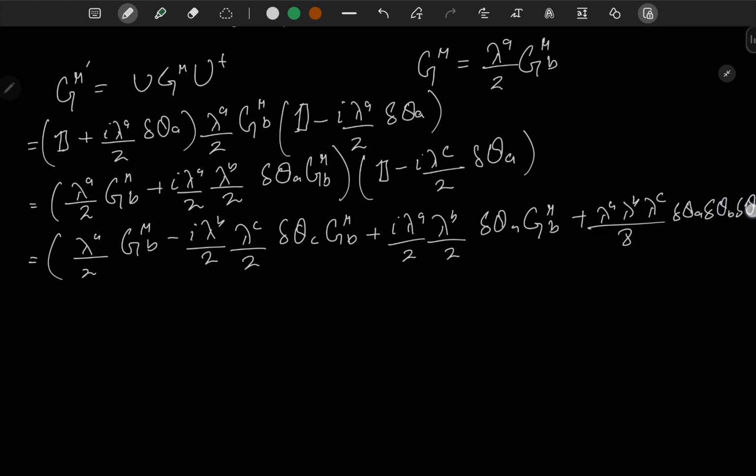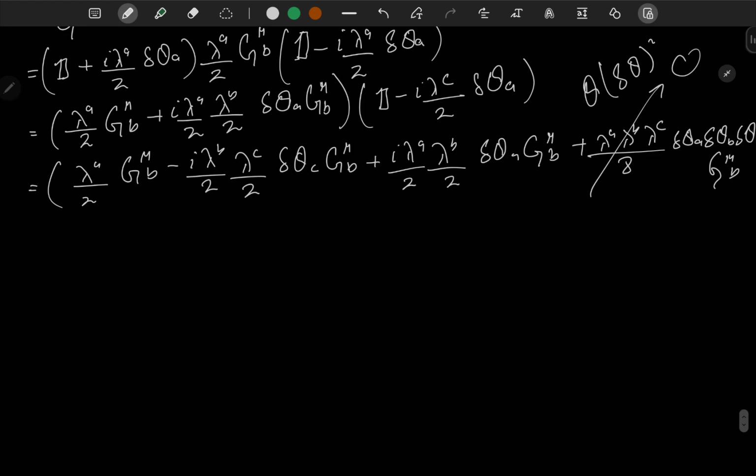theta terms. Okay, so I'm going to call these with, okay, there is also a g mu of p, so this term is higher order terms of theta, so that will be negligible, small, so it will go to 0. So eventually I will get u g mu into u bar as